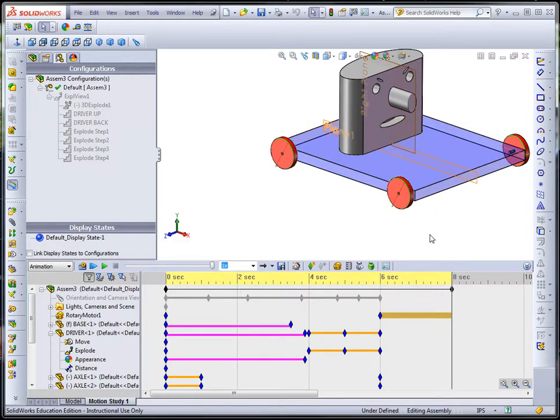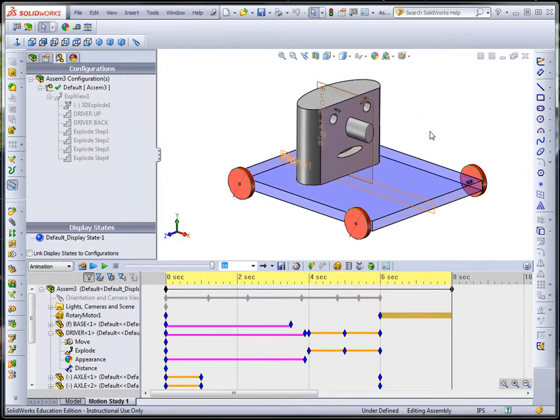So one of the things sometimes that would be nice to do is maybe you have a set of 4 cap screws or something that you get to the point and you want to bring those 4 cap screws in to fasten a plate or something like that. So you could actually put a motor on those cap screws, tie them all together, and have the cap screws turn as they go in. Or maybe you are putting together a sprocket box and you get it all together, just extend the timeline, maybe make one of the side plates transparent so you can see through it, and then turn on a motor to start turning the sprockets. And of course, with this mate back here,